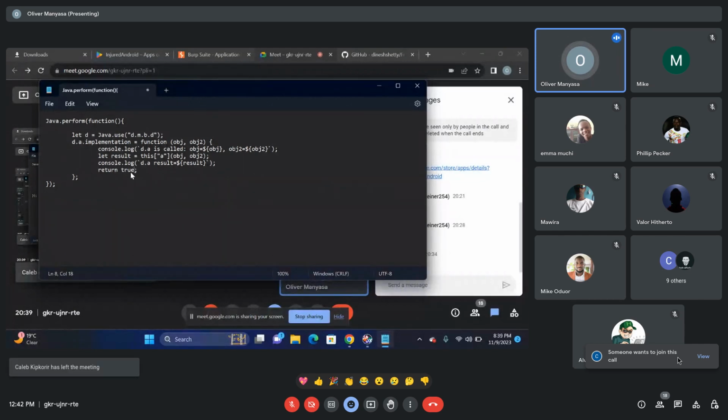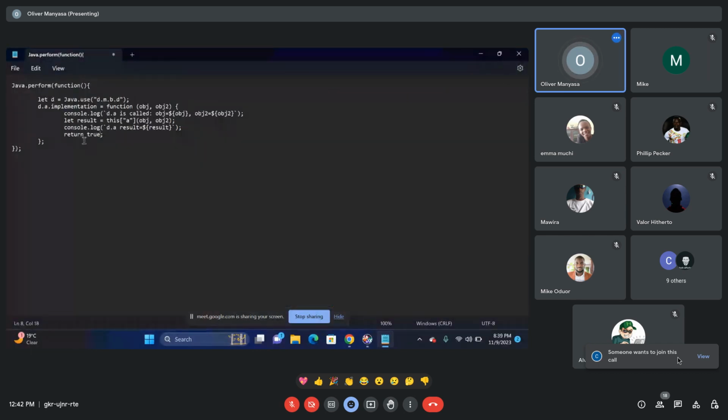So if it returns a true, that means it will always be okay. If you call the method, it will pass. At that point you enter any string, either wrong or correct, you'll be able to